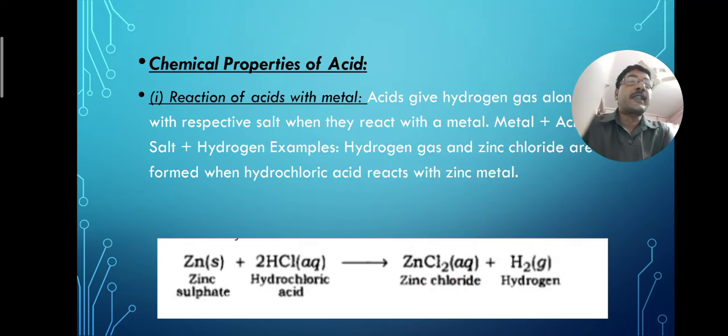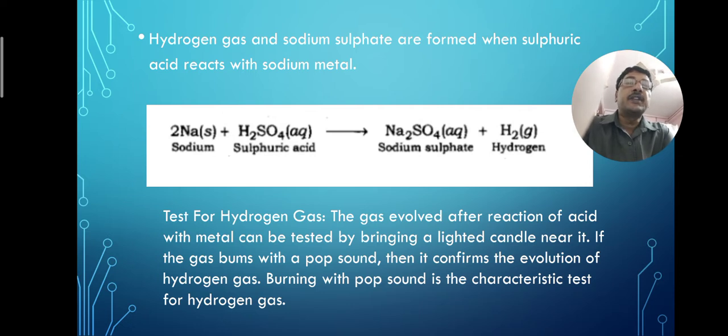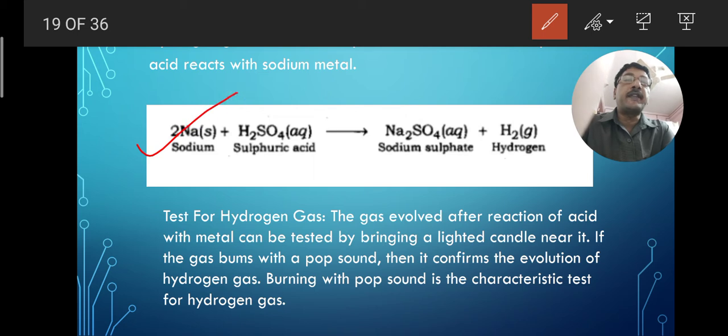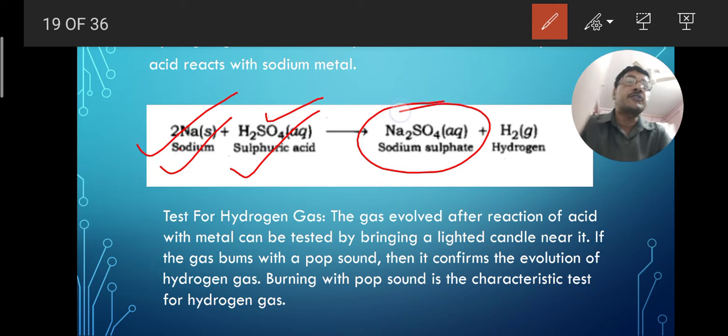Number two, take the example of sodium metal. Here sodium metal is reacting with sulfuric acid. In the previous case we have seen zinc metal was taken and the acid was hydrochloric acid, but here we are taking sulfuric acid and the metal is sodium. So which salt will be produced here? Sodium, and from sulfate, so it will be sodium sulfate, and the same gas will be given out, that is hydrogen gas. So this is another property of the acid, that acids react with the metals,